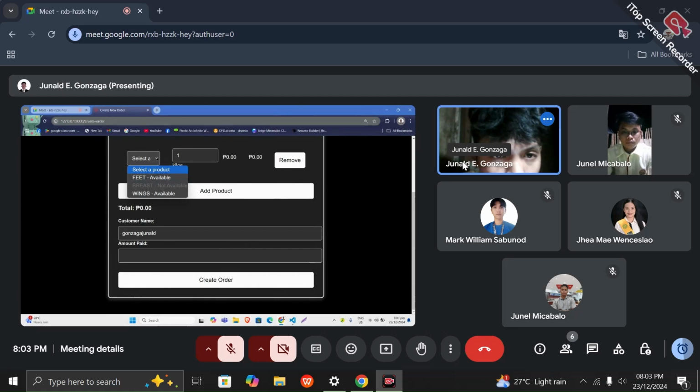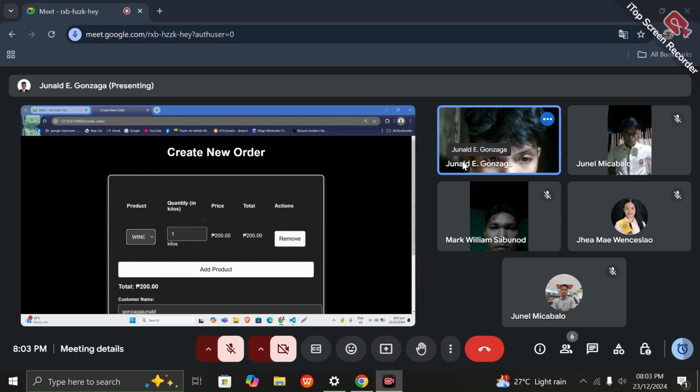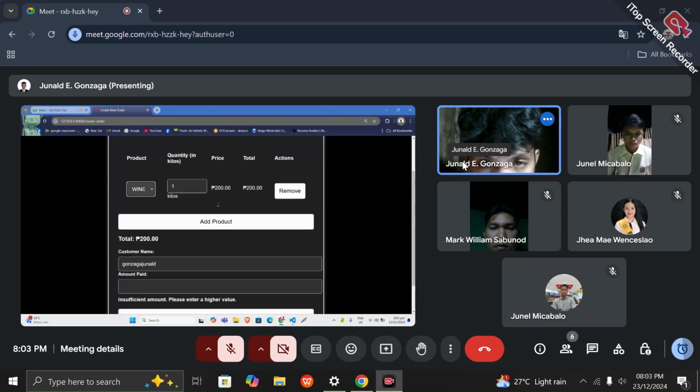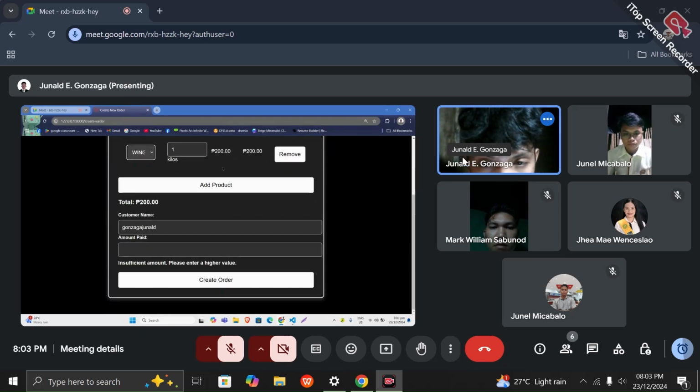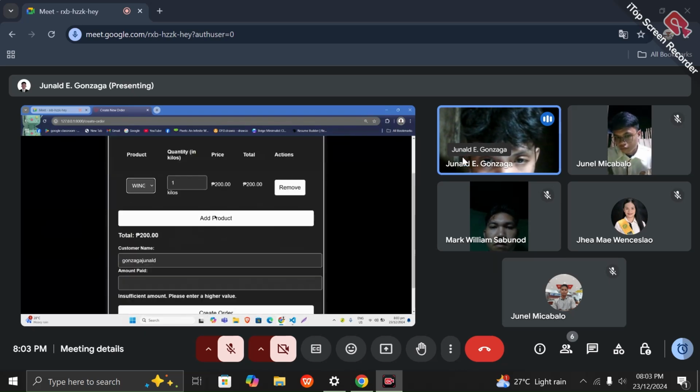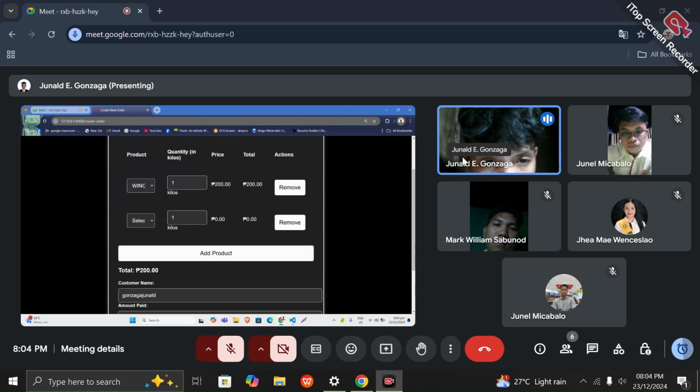Let's buy wings, and it directly displays the total price. The customer can also add products or make multiple products in one order. Let's add a product and select feet.